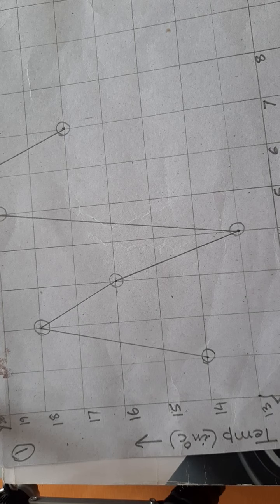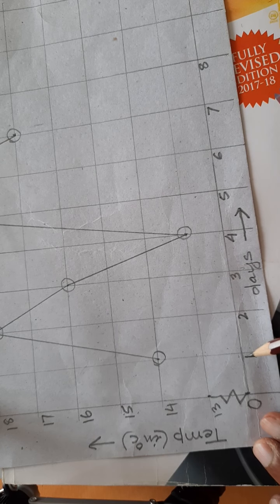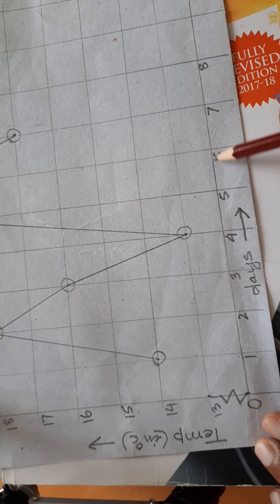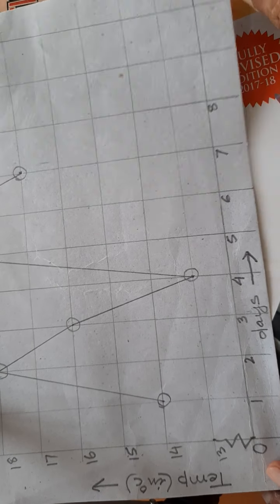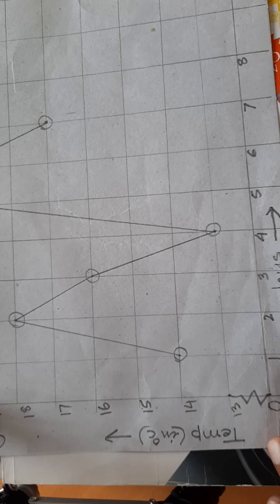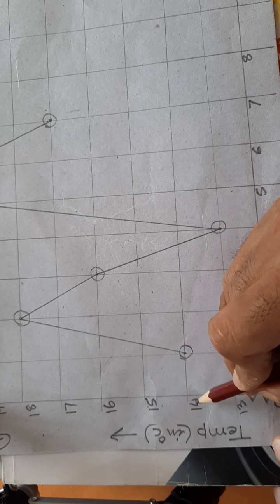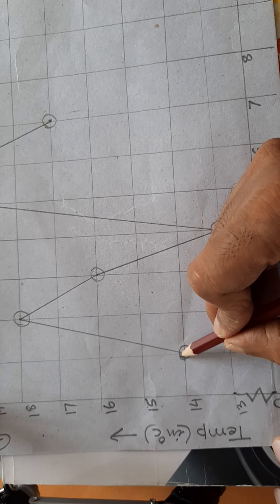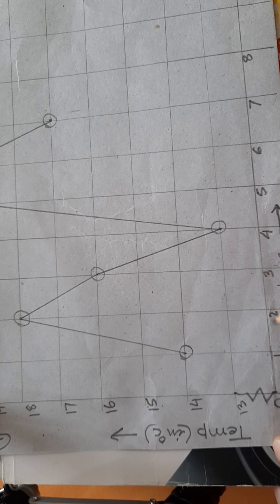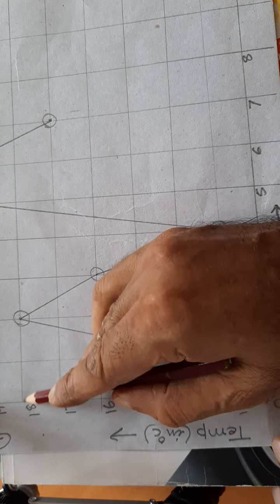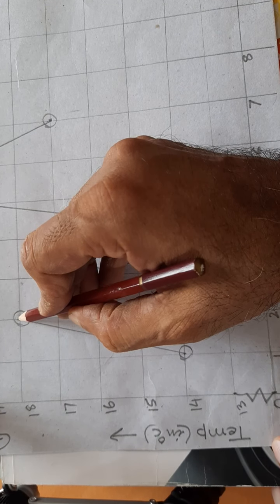And on the horizontal axis, days: first day, second day, third day, fourth day, fifth day, sixth day, seventh day, eighth day, and so on, along the horizontal axis, x-axis. So here it is given, first day temperature is 14, day first, abscissa 1, ordinate 14, point is here, encircle it. In day 2, temperature is 18, abscissa 2, ordinate 18, point is here, encircle it.